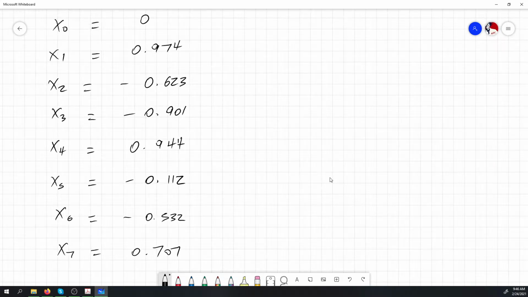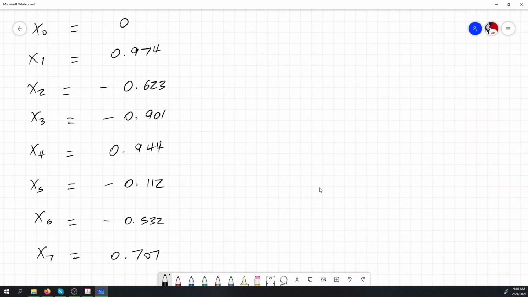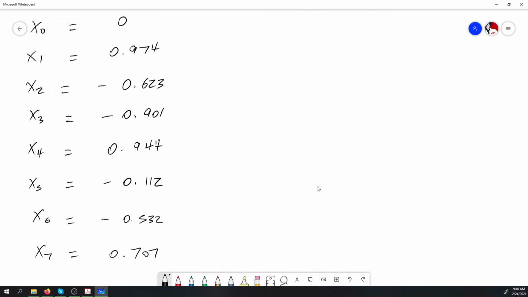So we have our x0 to x7 values here, but this isn't the end of our process for the